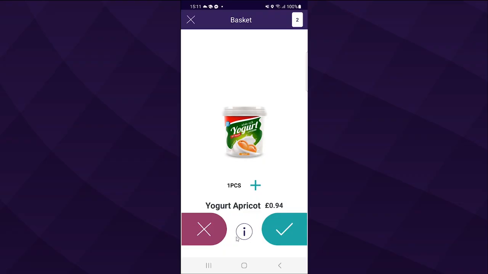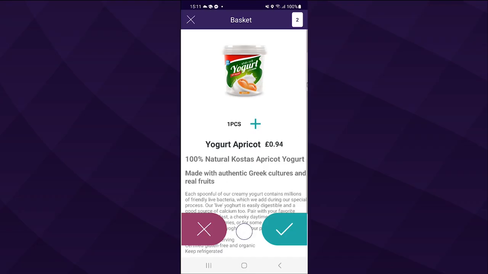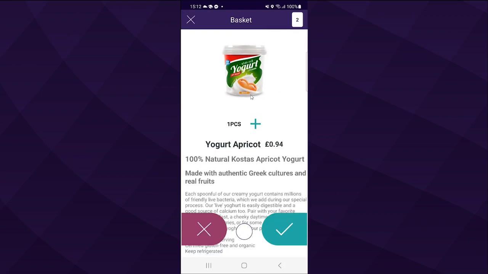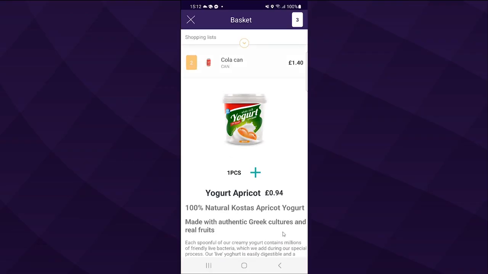And you see there was an I here, information. Let's select it. And then you see more information about this item. And what is this text? Do you remember? This is the same text as we put in item HTML description. The same text as we can have in e-commerce for the items, or in the clientele in POS, or even in the standard POS when you double click the line. So this is all the same thing. And of course, with the image as well. Images are always the same, set in with retail items in the back office. So yes, we are going to get one yogurt.